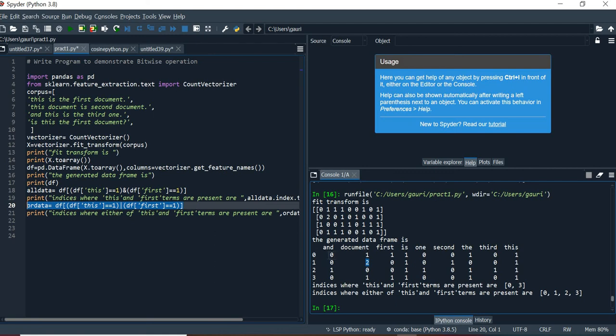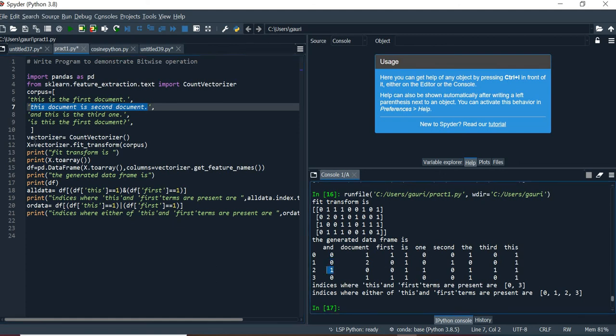Now how to write these values? The first value here is 0. How can we write the 0 value? The first column is AND. So you have to check whether the AND word is present in the first document, or the first sentence. Just check whether the AND word is present. No, there is no AND. So that's why just write 0 over here. Now check the second 0. How can we say there is a 0 value? You have to check whether the AND word is present in the second sentence. No, there is no AND word. So that's why you are writing 0.